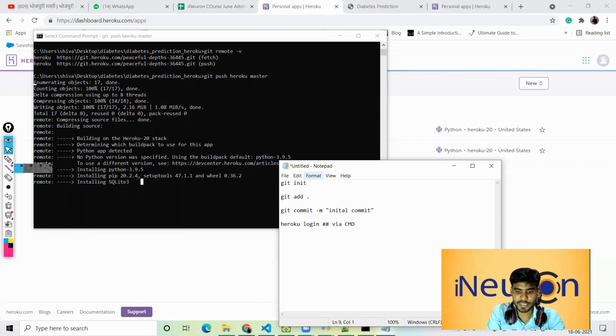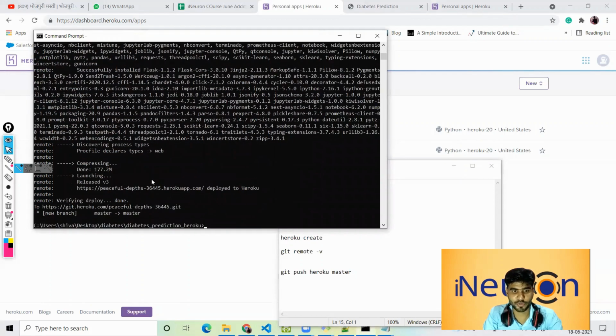Then you create an app, so heroku create. Then you write git remote -v. And then you can push your data: git push heroku master. These are the 7 commands here. And then you are good to go.